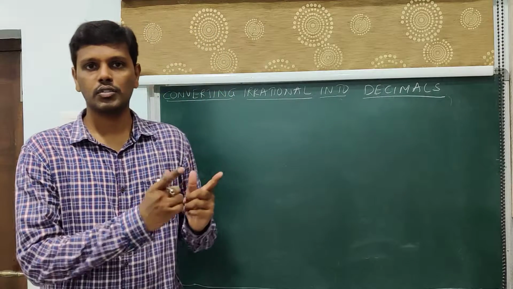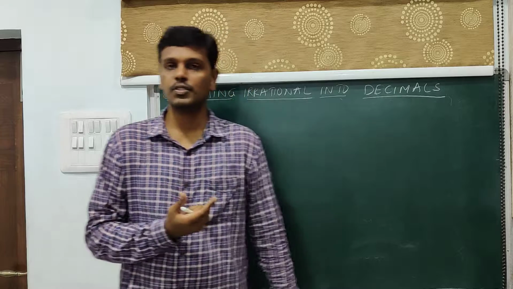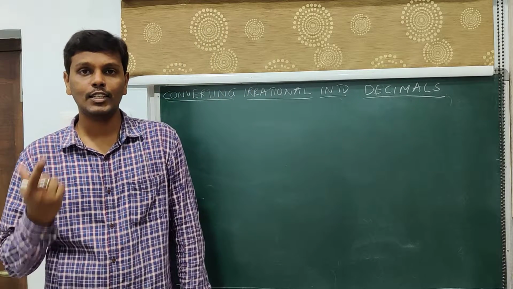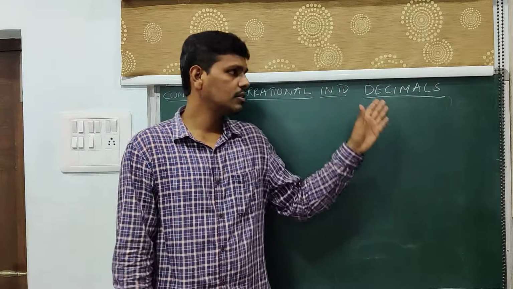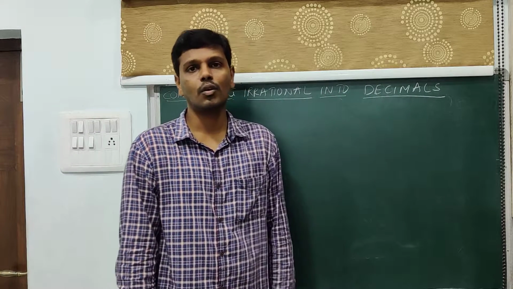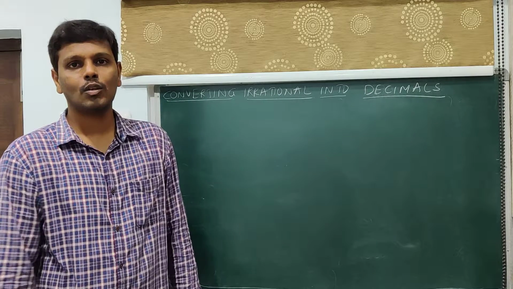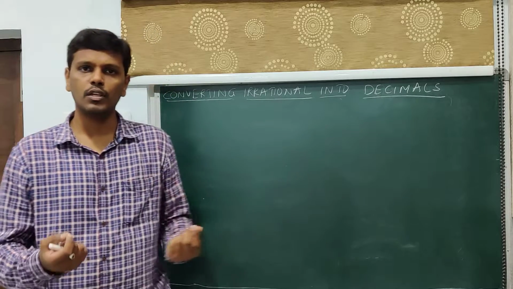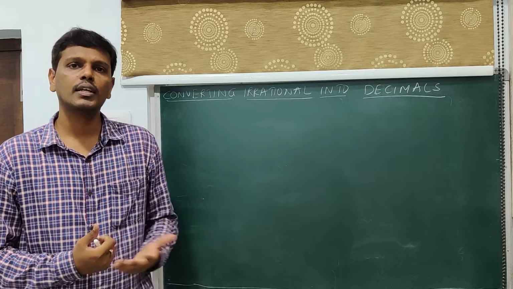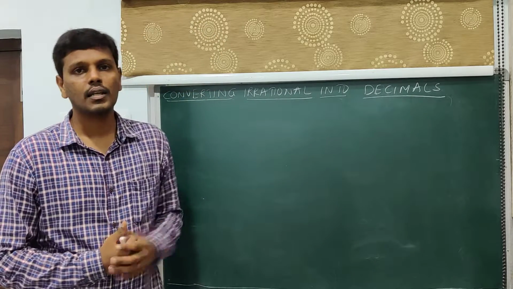That is what is left over. A rational number is either terminating or non-terminating repeating, whereas an irrational number is non-terminating non-repeating. Now, given an irrational number, we will see how to convert that into a non-terminating non-repeating decimal expansion. Since it is non-terminating non-repeating, it keeps going. So, we will have a mention of how many decimal places we need to find the decimal expansion of that particular number.